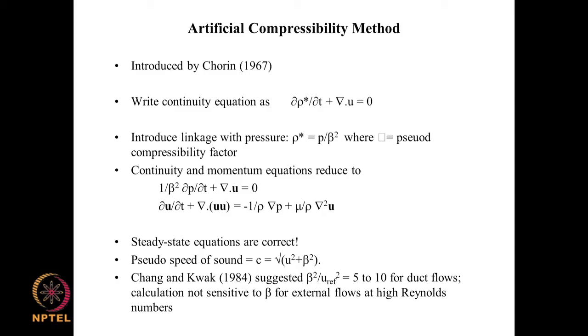The only thing is that it is correct only when you are considering the steady state solution. If your numerical solution does not reach a steady state, or if the solution that you are looking for is not the steady state solution but a transient solution, then you cannot use this method. But if you are looking at a steady flow, the steady flow solution of Navier-Stokes equations for incompressible flow, then this method can be used.